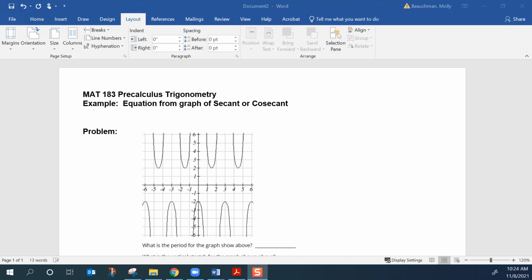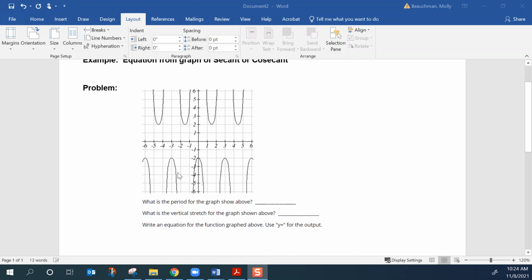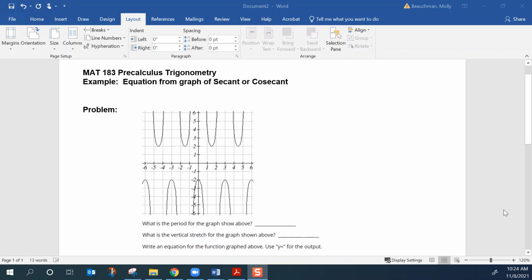In this video, we'll take a look at an example of how to get an equation from a graph of secant or cosecant. So the original problem shows a graph and asks us for period, vertical stretch, and an equation for the function graphed above. So what we want to do first is take a look and see whether that more closely matches secant or